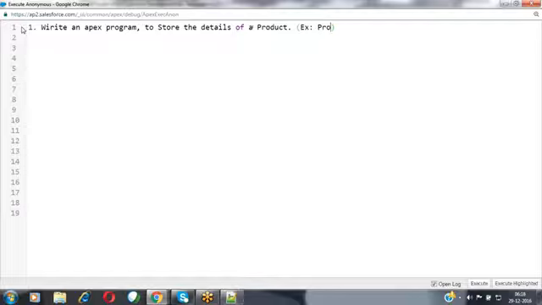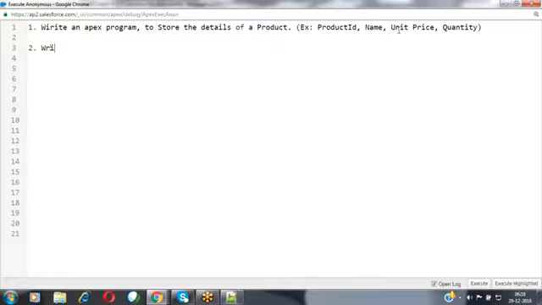For example, product ID, name of the product, the unit price, and the quantity. This is the information here. Define the variables, assign some values, and print the values of this product's information.